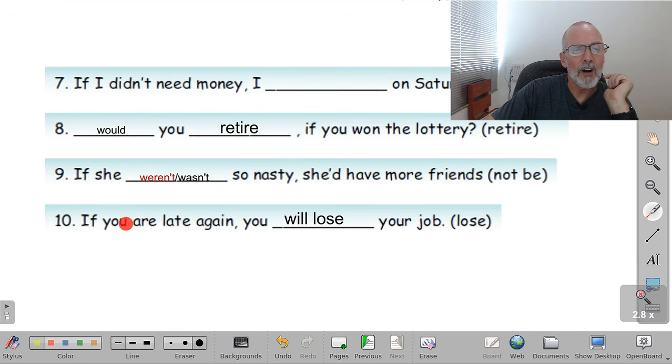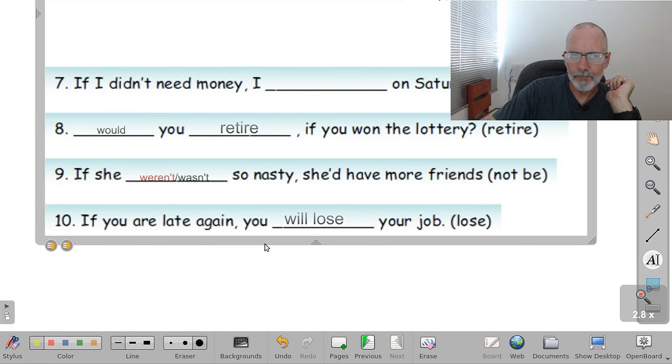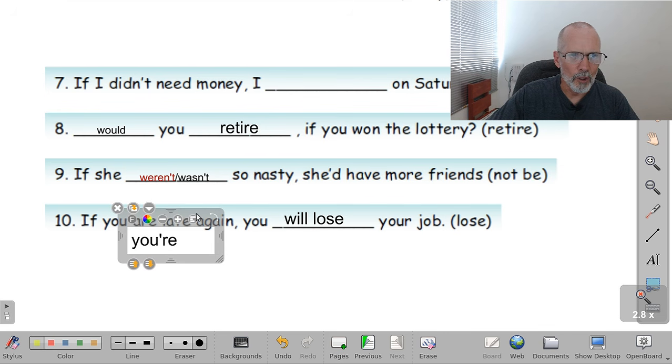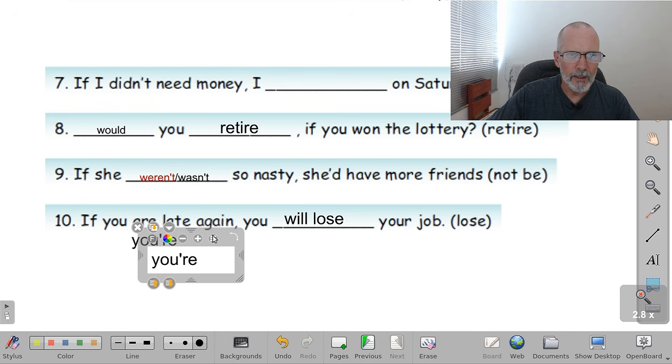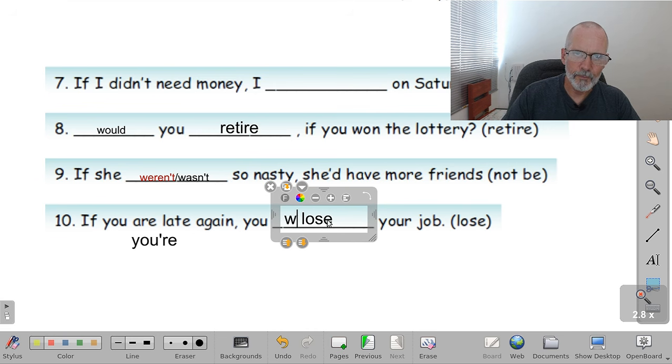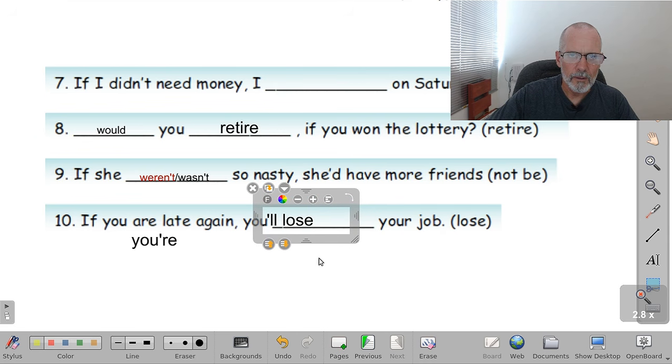If you are late, here I would actually use the contraction. If you're late again, you'll lose your job. Yeah, when I speak, here I would replace that with you're, and here I would put you'll. So the way I would say that would be, if you're late again, you'll lose your job. And actually